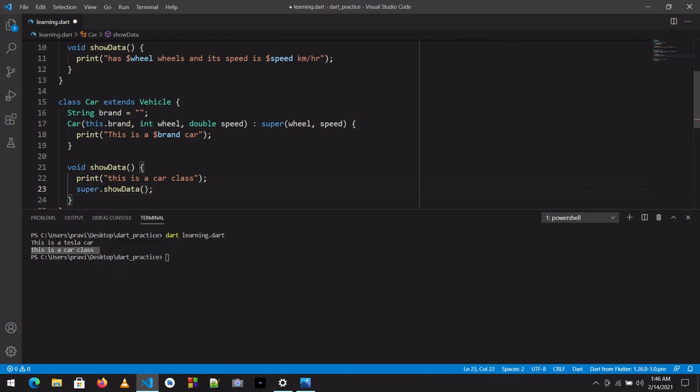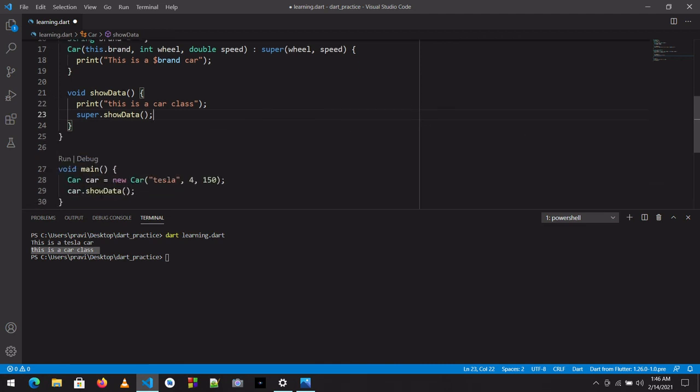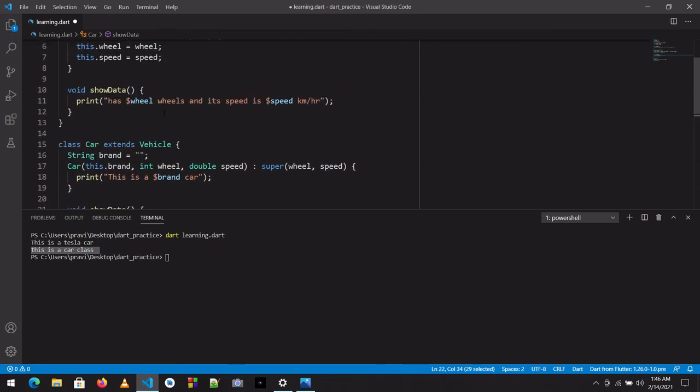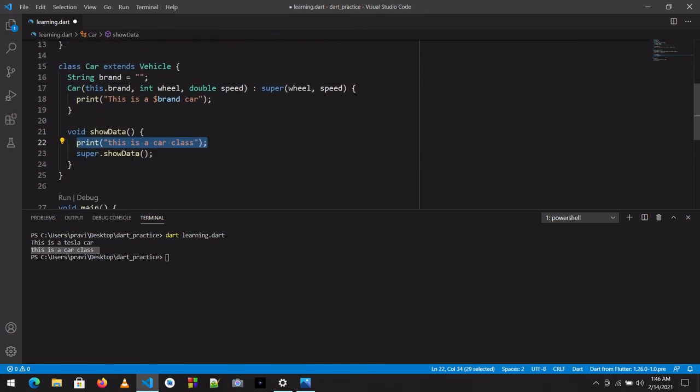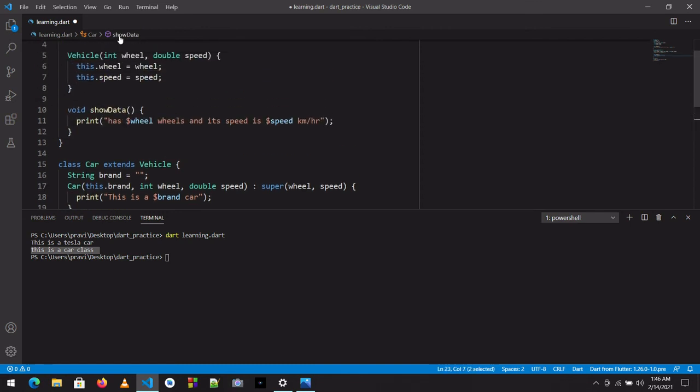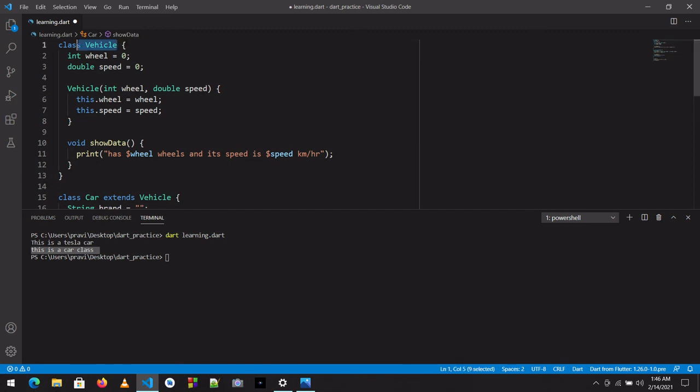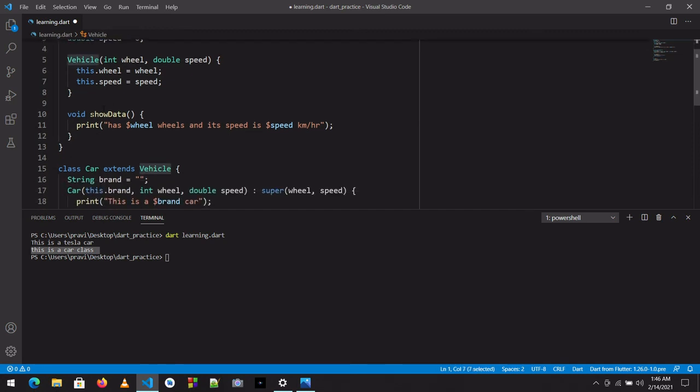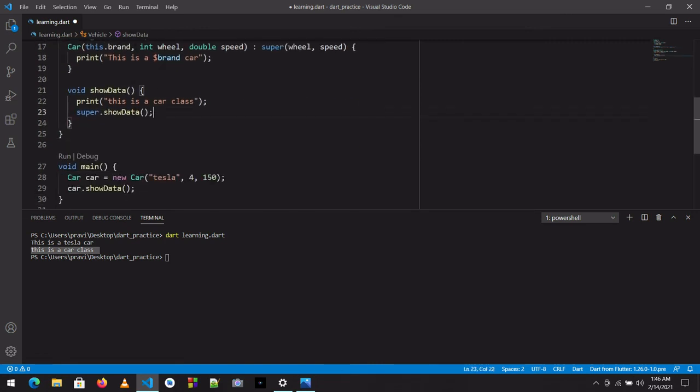What it does is, when we call the function using car dot show data, it will execute some statements, plus the statement I wanted from the parent class too. So super dot show data calls the super class, that means the vehicle class, the main base class, the parent class, and it executes its show data by this super dot show data statement.